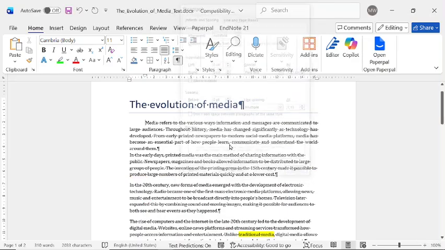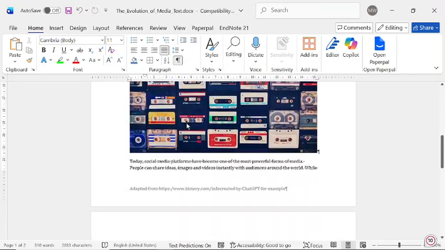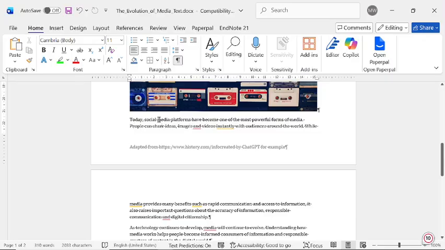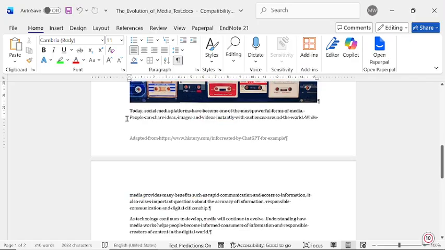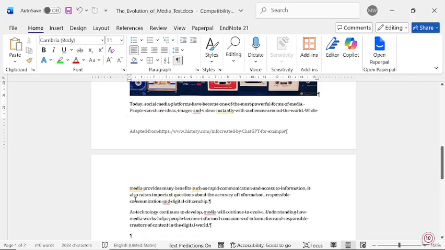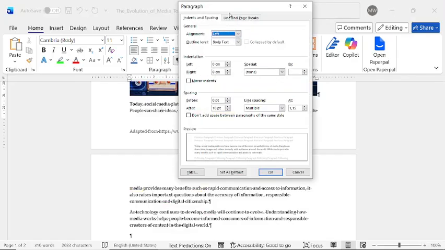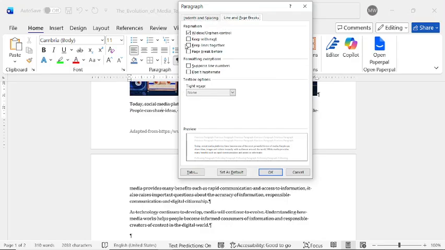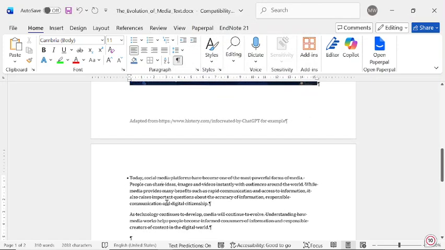Now, one key thing that is a bit more on the advanced side is you might get a paragraph like this, where it's starting here on page number 1, but it's going over to page 2. Now, we do not want this to go over, so we are going to go to our paragraph settings. We are going to go to line and page break, and I'm going to say keep lines together. So I press the OK button, and now you can see that these lines are now all together for this part.